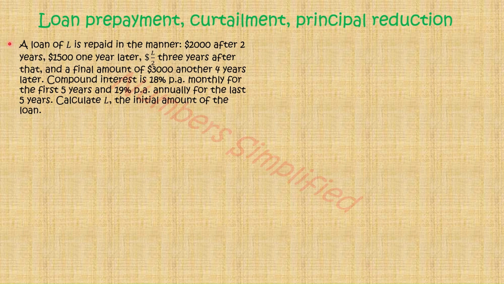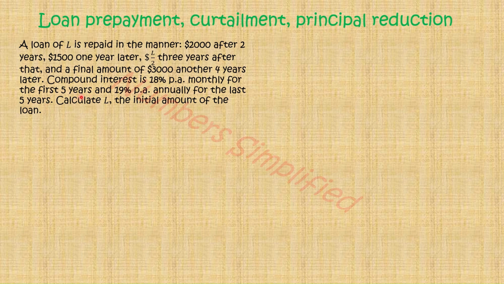Let's consider example 2. A loan of L is repaid in the manner: $2,000 after 2 years, $1,500 after 1 year, and L divided by 2, 3 years after that, and a final amount of 3,000 another 4 years. So we are told also that the compound interest is 18% per annum and compounded monthly for the